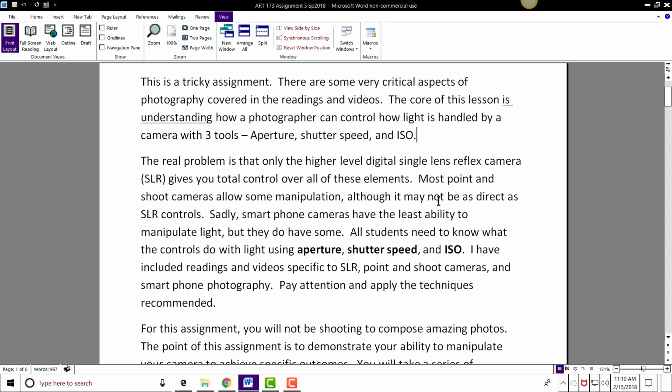I encourage all students that have an SLR to know as much as they can about their camera. There are very specific instructions and videos available for your camera. If you just Google using the exact model of your camera, you'll find a bunch of material that's out there